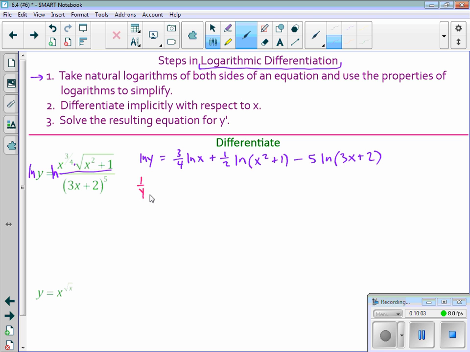With respect to x? dy dx. Okay, implicitly there, so don't forget your dy dx. Okay, the 3/4 will just stay out front of this. Natural log x is 1 over x. The half will stay out front. This will turn into